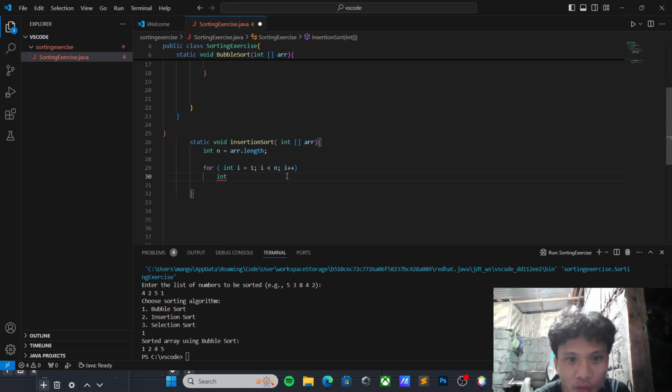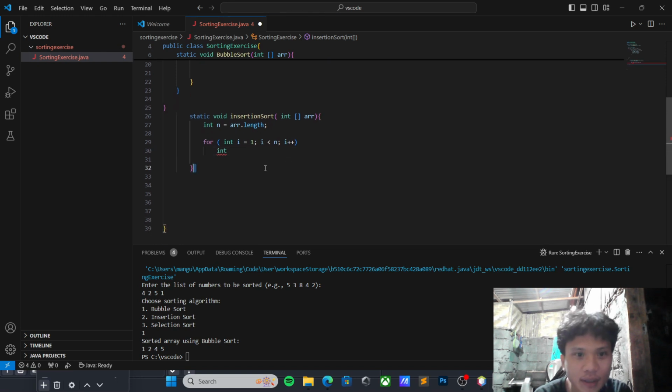Now we have to create a key element: int key is equal to r[i], with i inside of our index.